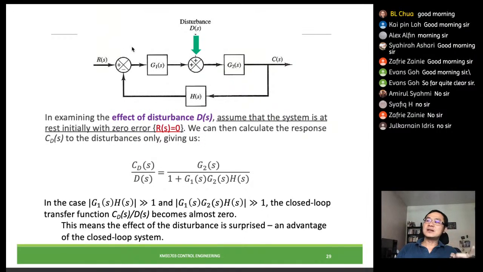But when this disturbance comes after a signal or a block, we have to do some kind of operation to take into account the effect. In order to do that, we will analyze this disturbance as also one of the inputs, this R as one of the inputs. So after that we would